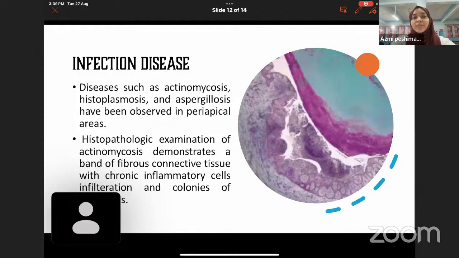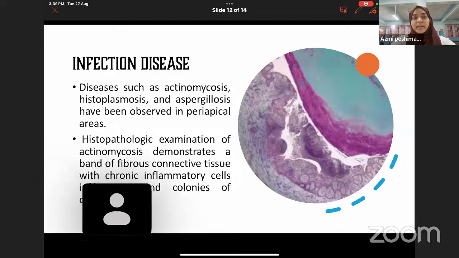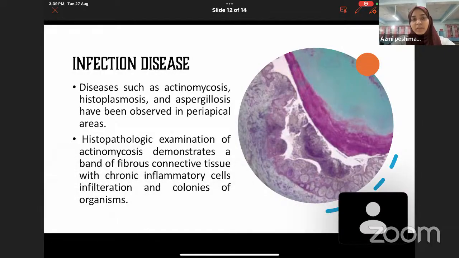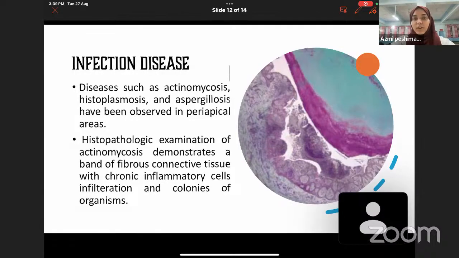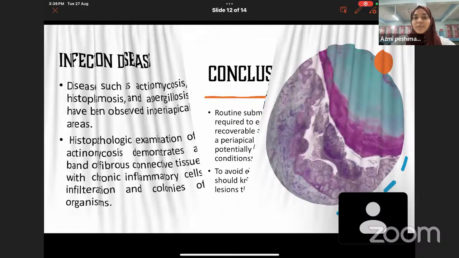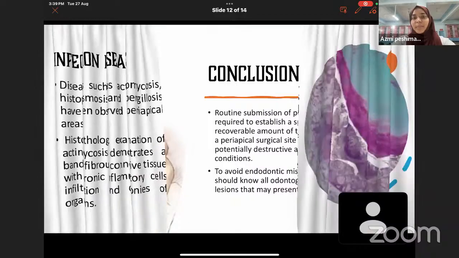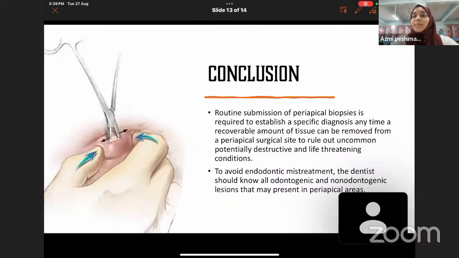Infectious diseases such as actinomycosis and histoplasmosis have been observed in periapical areas, where the histopathologic examination demonstrates a band of fibrous connective tissue with chronic inflammatory cells and polyps. In conclusion, we come to the part that routine submission of periapical biopsies is required to establish a specific diagnosis